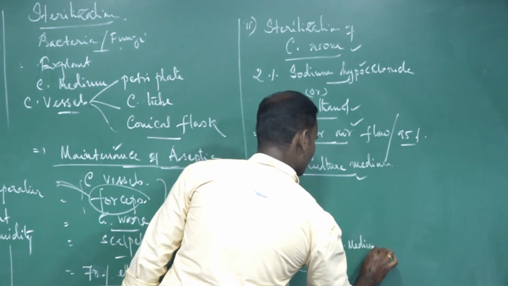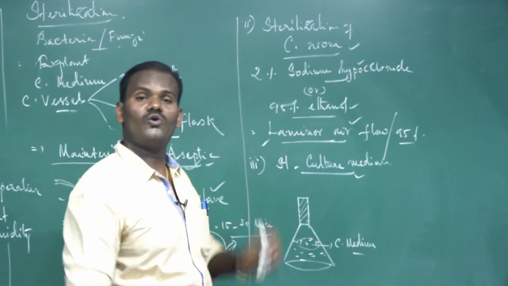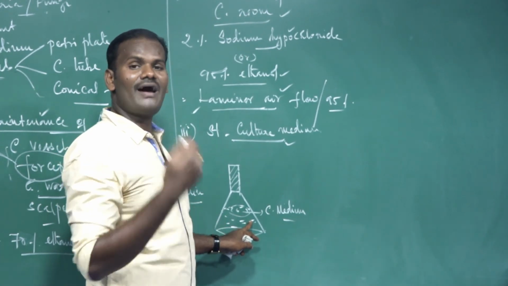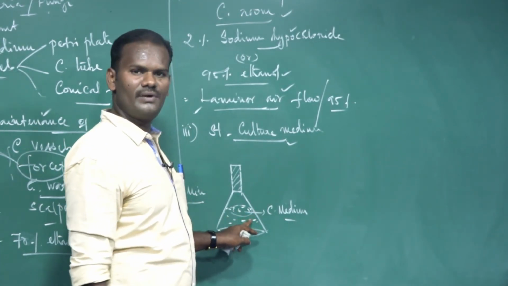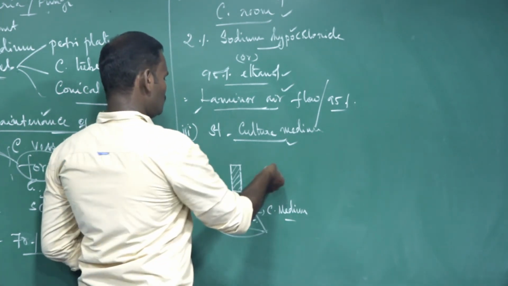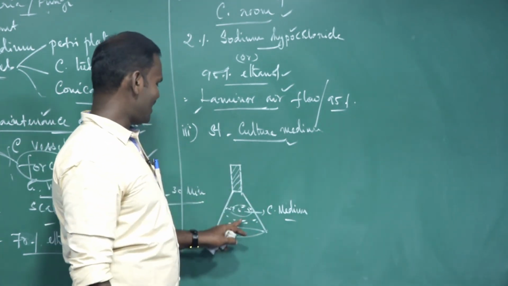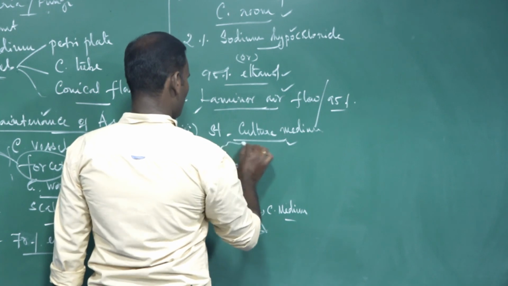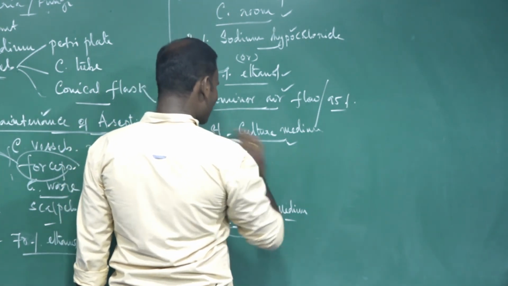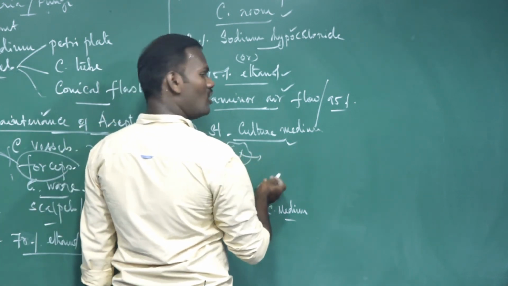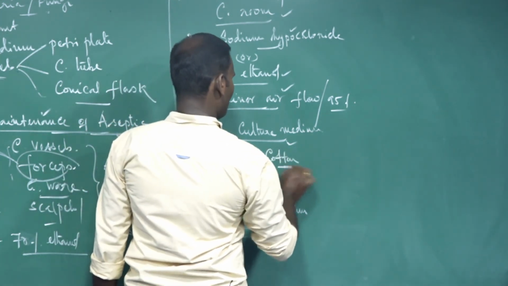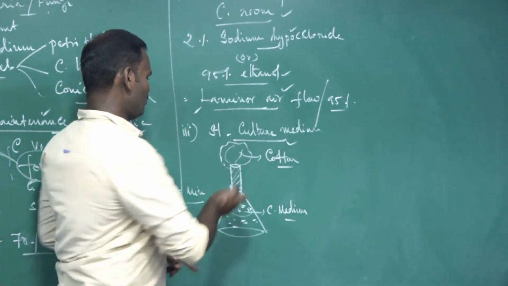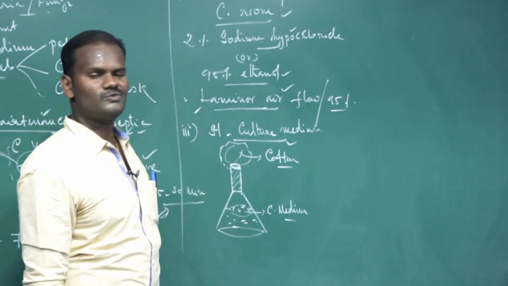It is a nutrient medium. It is composed of a lot of macronutrients, micronutrients, minor nutrients, iron content, vitamins, and a lot of plant growth regulators. Everything is present in the culture medium. It is also called nutrient medium. First you pour the nutrient medium into the glass container. The mouth of the glass container should be closed with a plug. Plugging means closing with unabsorbent cotton. Otherwise, it should be sealed with plastic closures, or completely plugged with unabsorbent cotton.